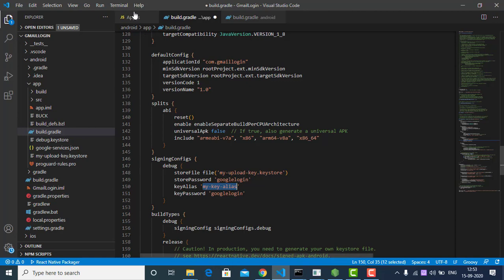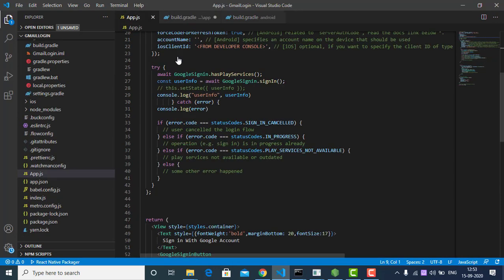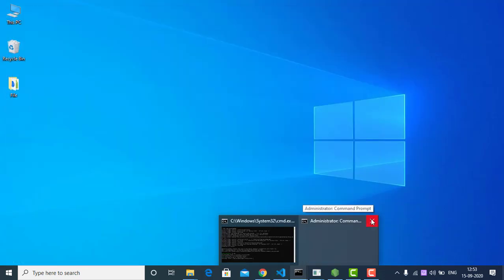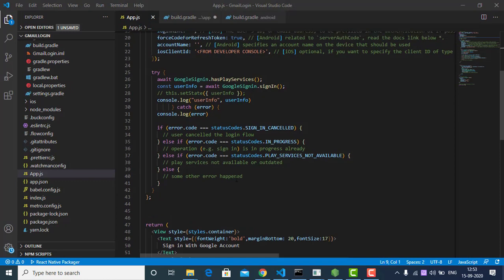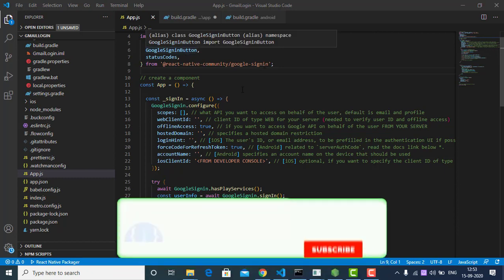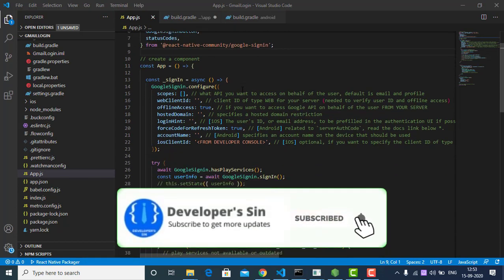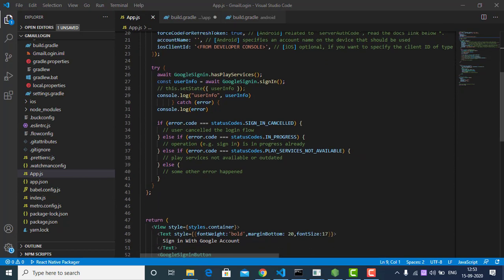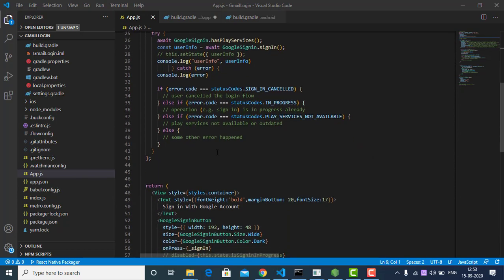So let me show you in the code in App.js. We don't need this anymore. So what I did here is I imported GoogleSigninButton and statusCodes from React Native community Google sign in, and I added the button over here.